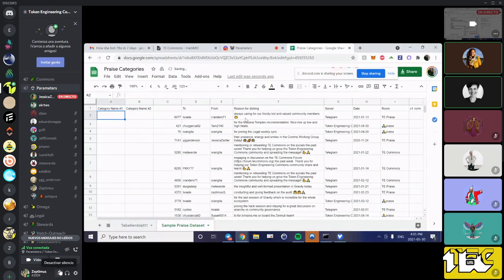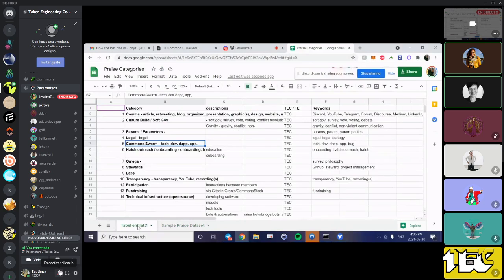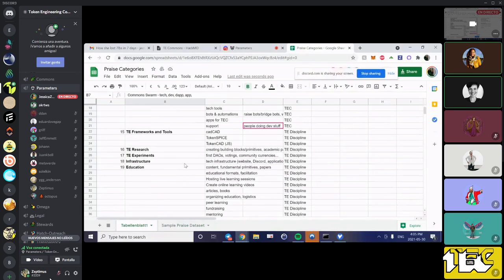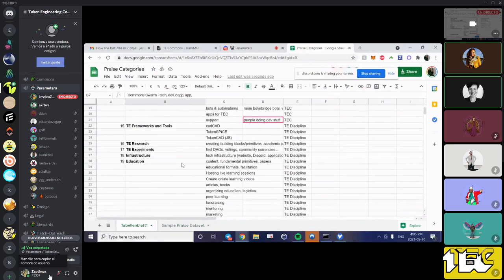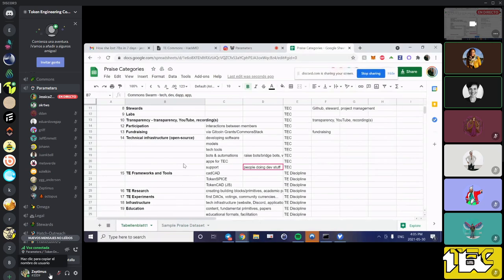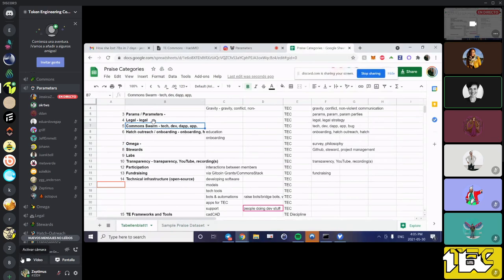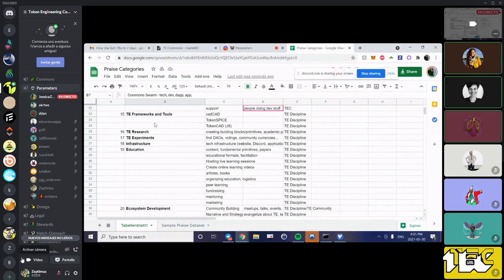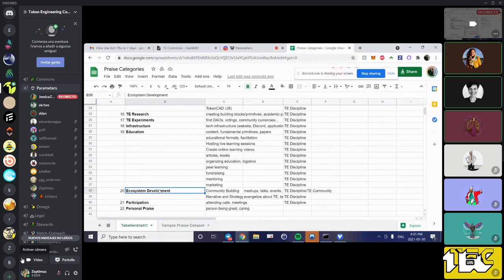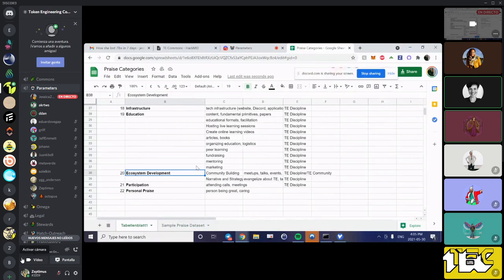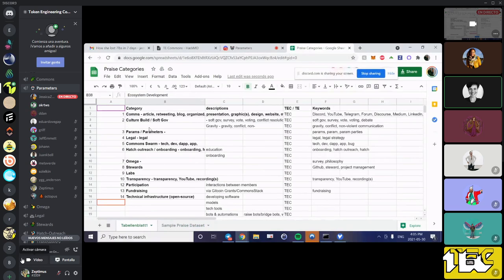Okay, so in this case, we've got somebody who's doing bot work, so that's tech dev, and then we have caring about community members, and I think that's what we could call personal praise, or participation, or community building. Is there a community building? Yeah, I mean, there's the question of whether it's really general, and if it's general, then it's hard to quantify.